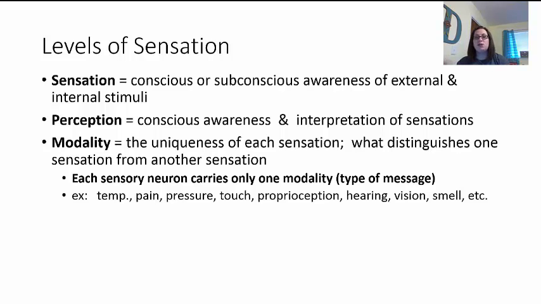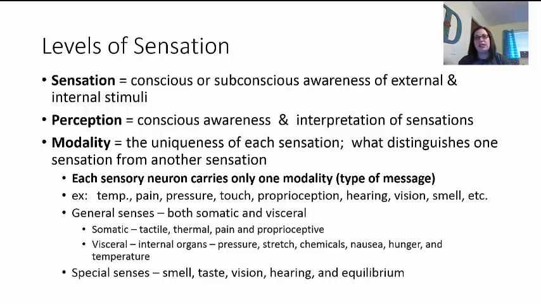And now each sensory neuron, guys, only carries one modality. That's it. So if I have a neuron for hot temperature, it's only going to carry hot temperature. That's it. It cannot carry cold. It cannot carry pain. It cannot carry pressure. It's only going to detect when temperatures are hot or warm. Okay. On the other hand, if we have one for pain, it can only detect pain. It can't help detect your vision, your hearing, your smell. It's only going to detect pain. So each sensory neuron is going to be specific to one type of modality.